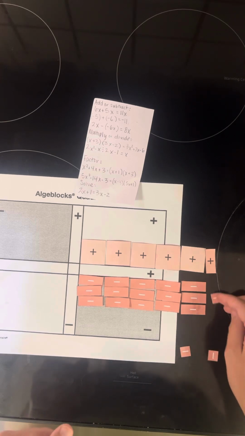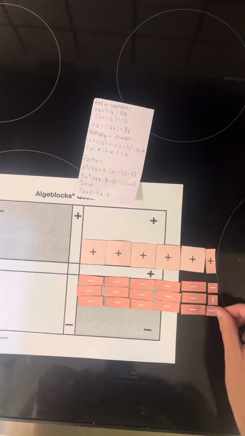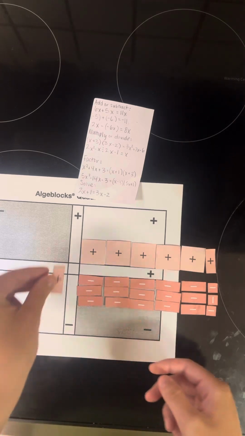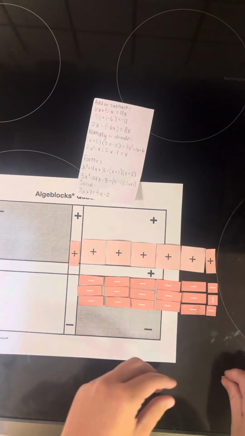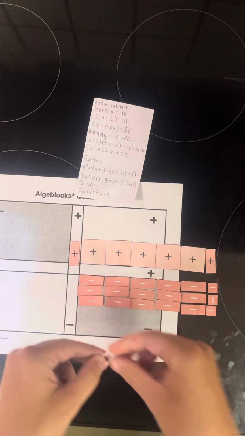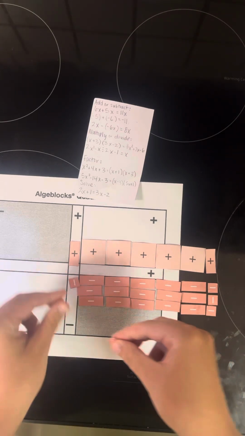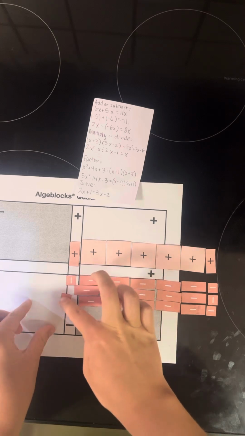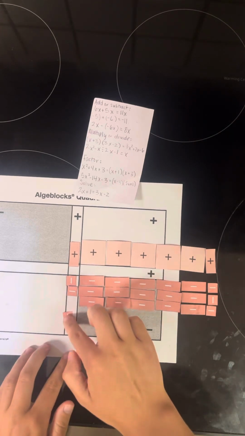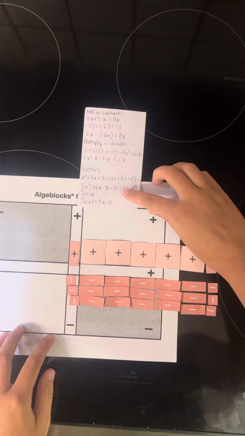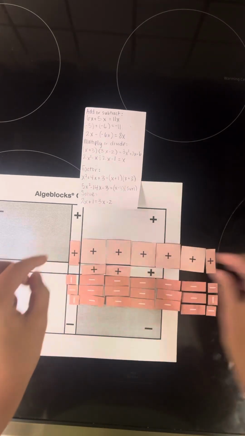That way, we have a spot to put our 3 units right here, and now we can figure out what our factors are. So I know we have a positive x right here, and then we have 3 units going this way, but these are negative. So it's going to be a positive x minus 3. And I wrote that down here. Our first factor is x minus 3,